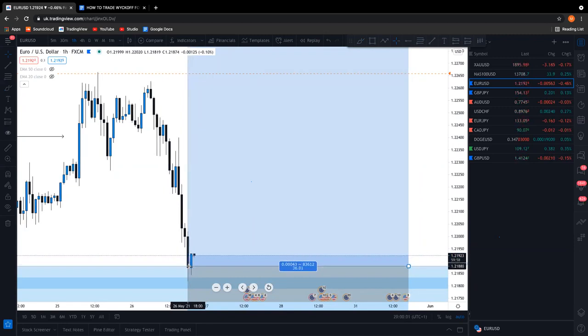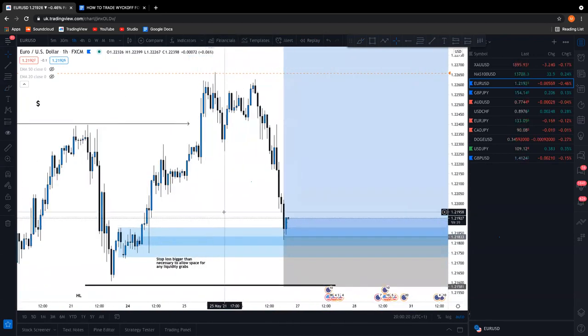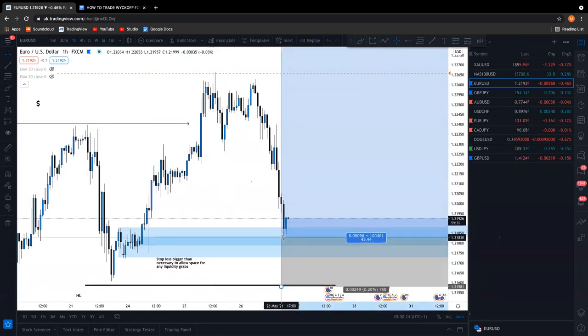There's nothing wrong with that setup, but I feel like here was just a better area for me. It's not me sacrificing my trade for a higher RR, because it does look like I have sacrificed my trade, because here we're looking at a 1 to 36 and here we're looking at a 1 to 40. I say despite that, it's fine to deal with these small type of refinements,